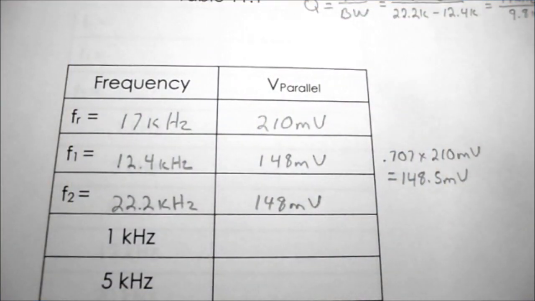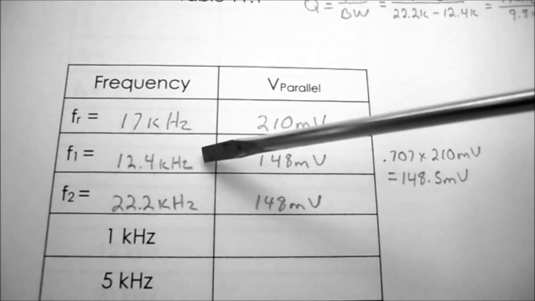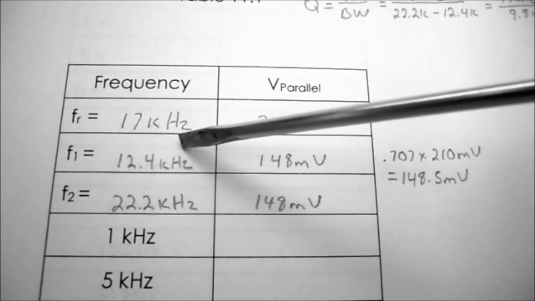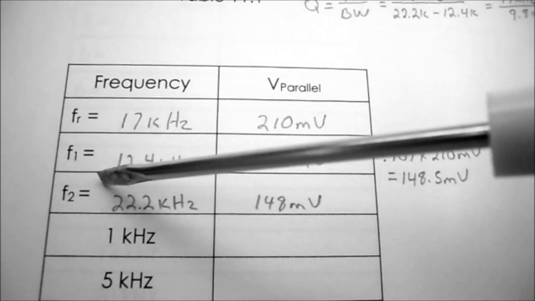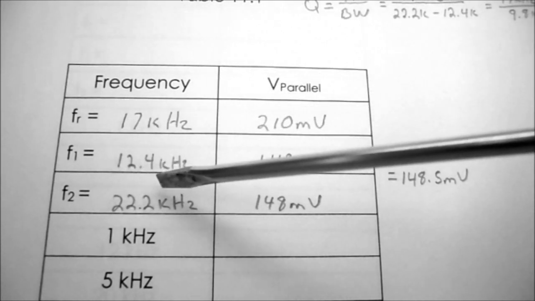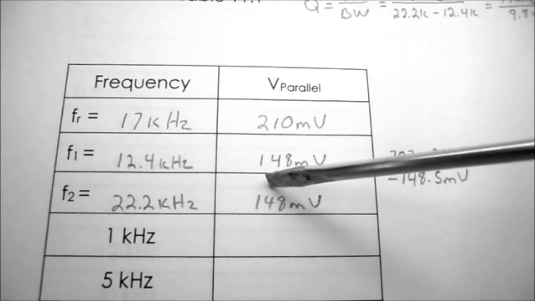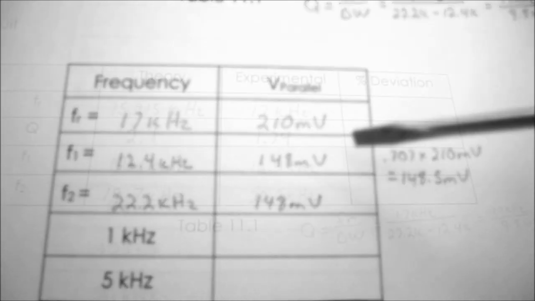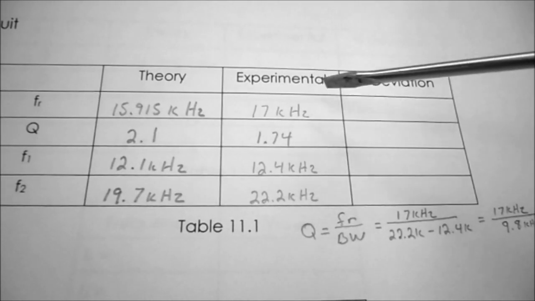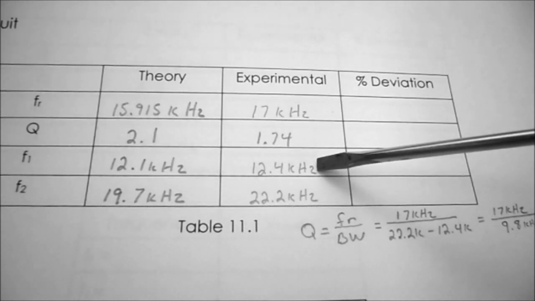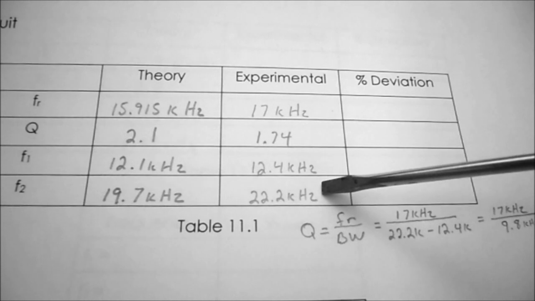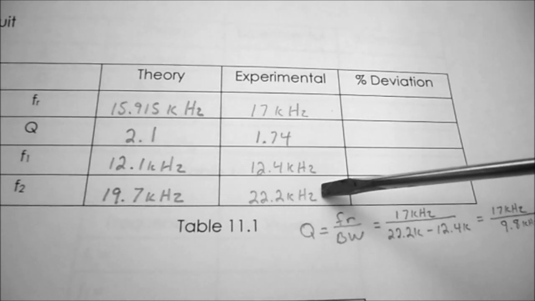So on table 11.2, I've recorded F1 as 12.4 kilohertz at 148 millivolts, and F2 is 22.2 kilohertz at 148 millivolts. So back on table 11.1, I've recorded F1 as 12.4 kilohertz, F2 is 22.2 kilohertz, and